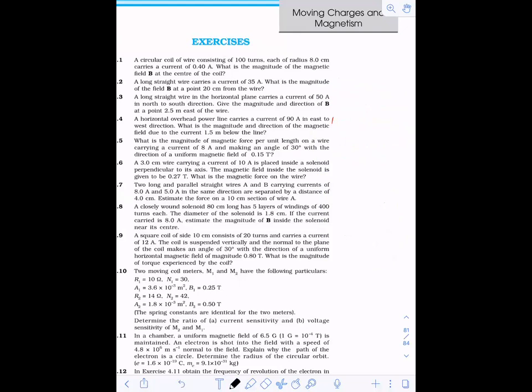Force between two parallel wires. Okay, good. Force between two parallel wires. Good. Let me tell you one thing, that if you are able to identify that this question is